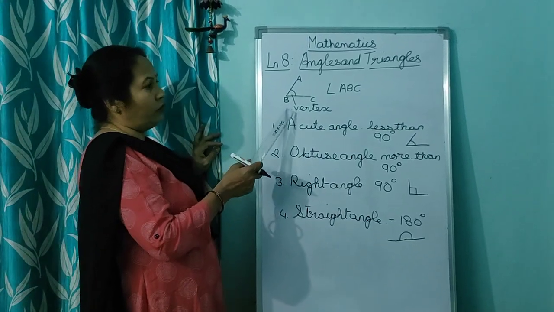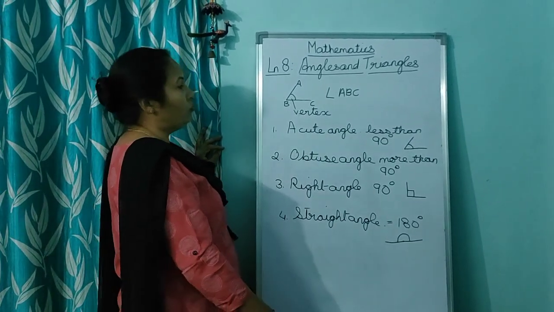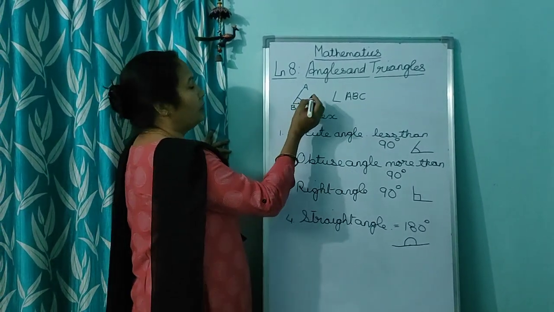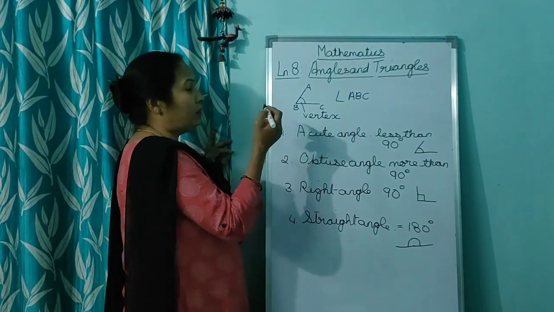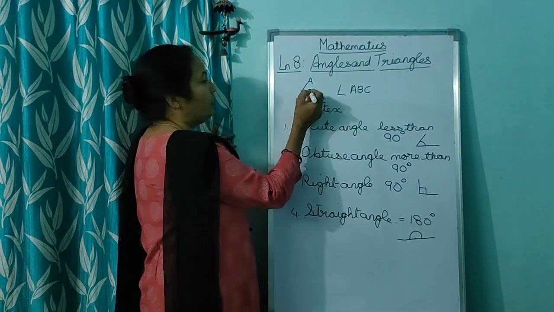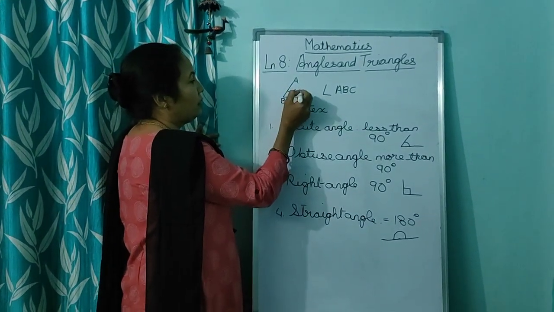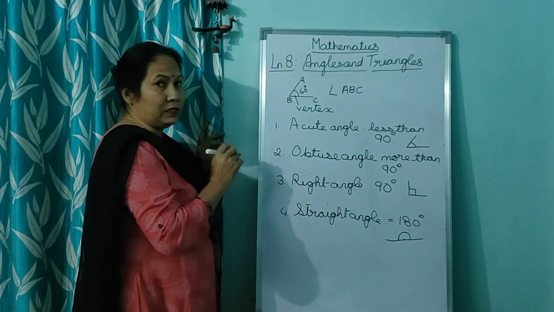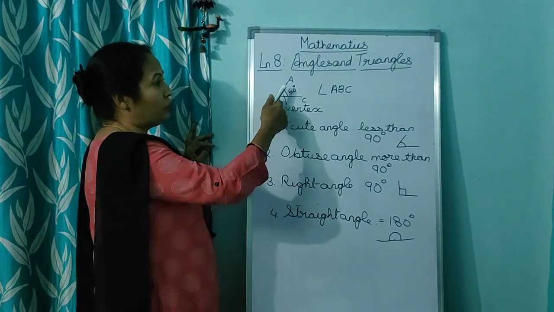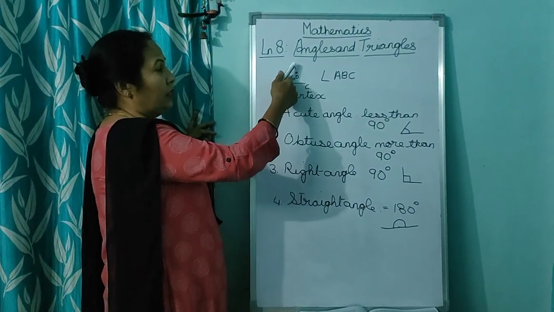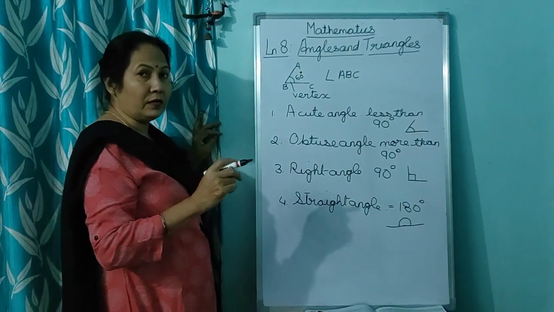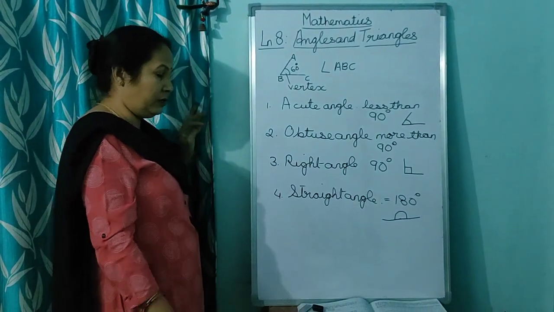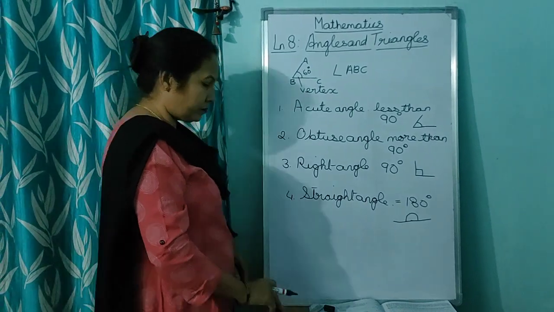And I have taught you here how to draw the angle. And here children, after naming the angle, whatever measure you have drawn, you are going to write here with pencil. Remember that you will draw the line and you will write it, or you will use pencil and ruler. Otherwise your measurement will be wrong.